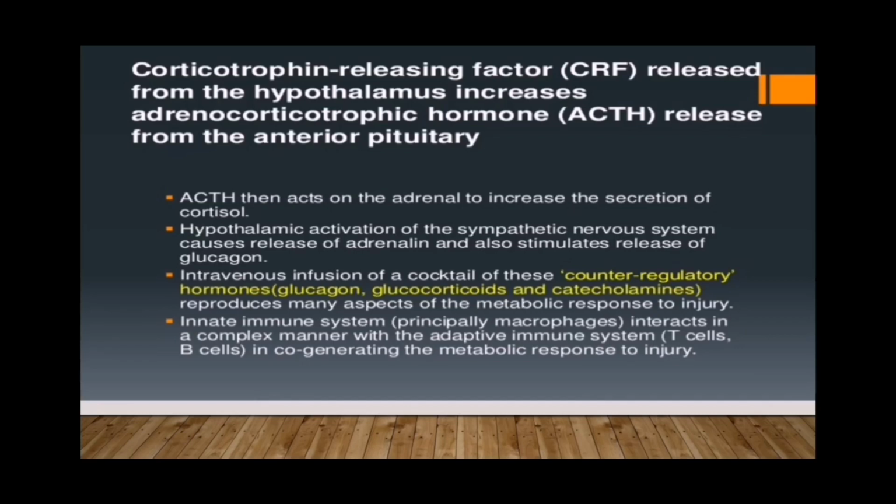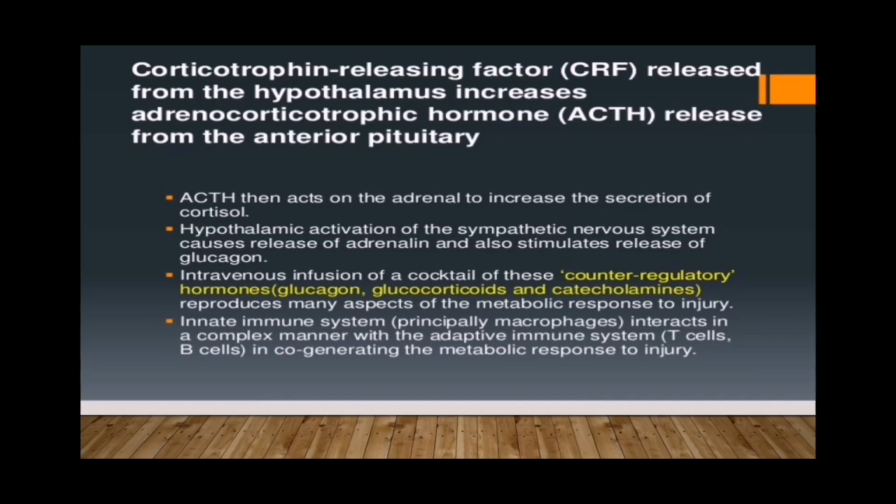Hypothalamic activation of the sympathetic nervous system causes release of adrenaline and also stimulates the release of glucagon. Intravenous infusion of a cocktail of these counter-regulatory hormones like glucagon, glucocorticoid, and catecholamines reproduces many aspects of the metabolic response